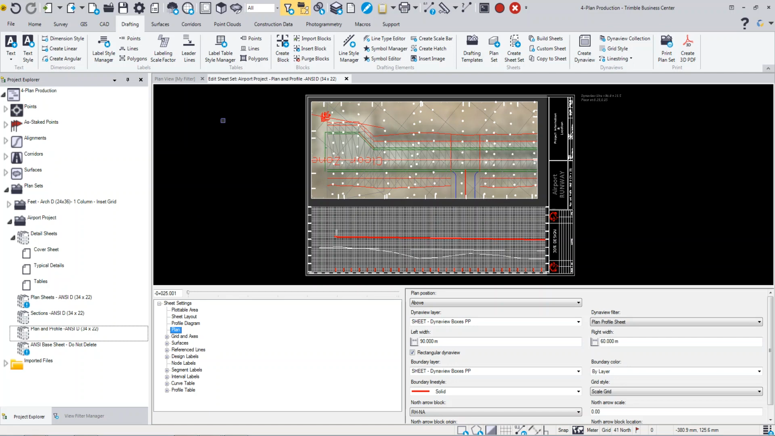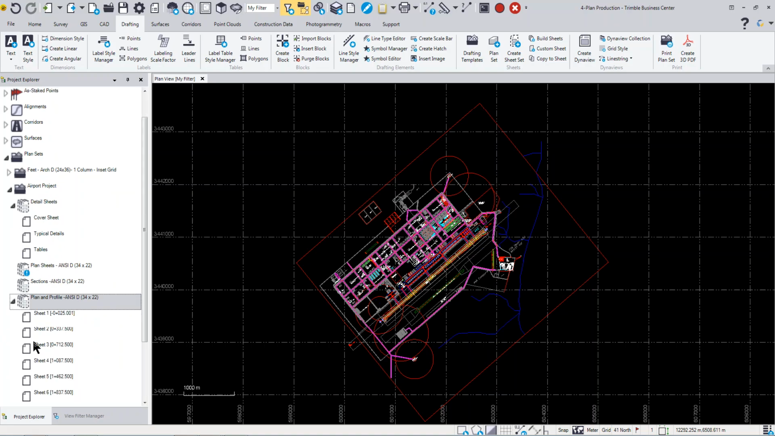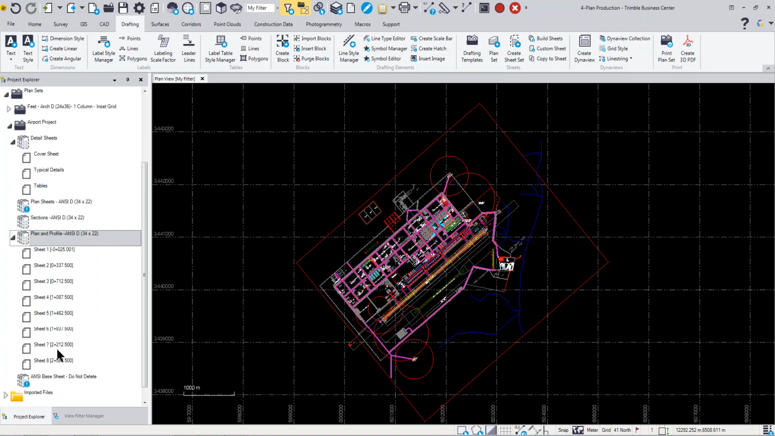Once you edit that and close this, then what you can do is simply right click on that plan and profile sheet set and select build sheets. And what this will do is it'll automatically go through and it'll create the amount of sheets or the necessary sheets it needs to